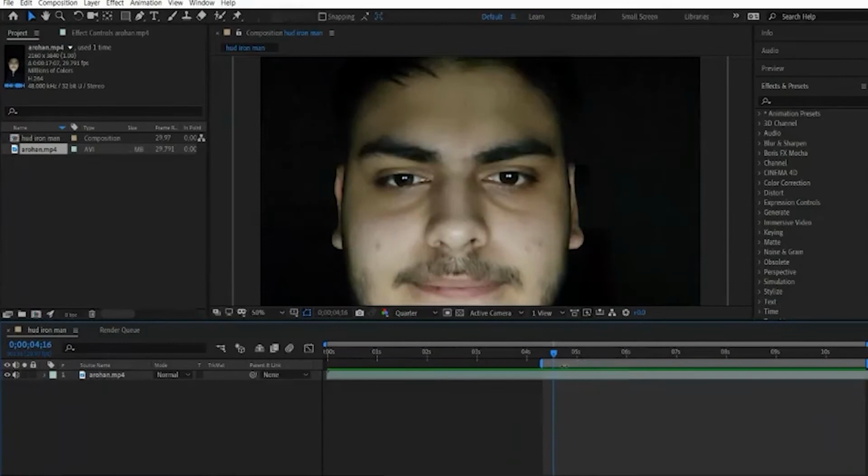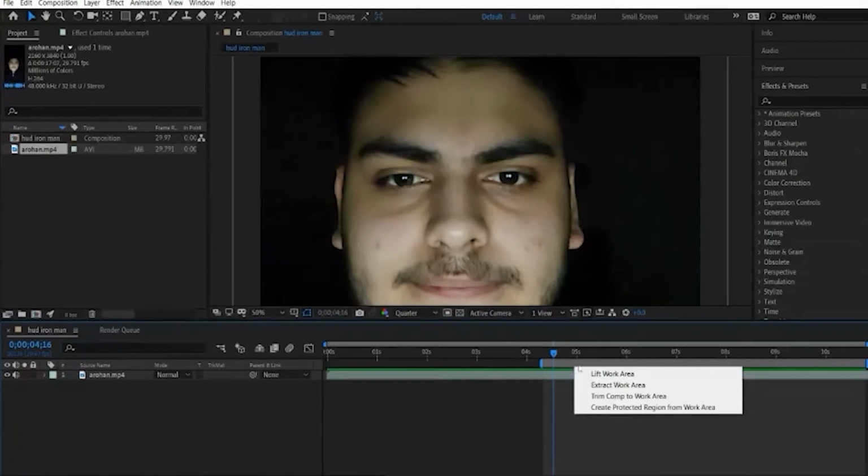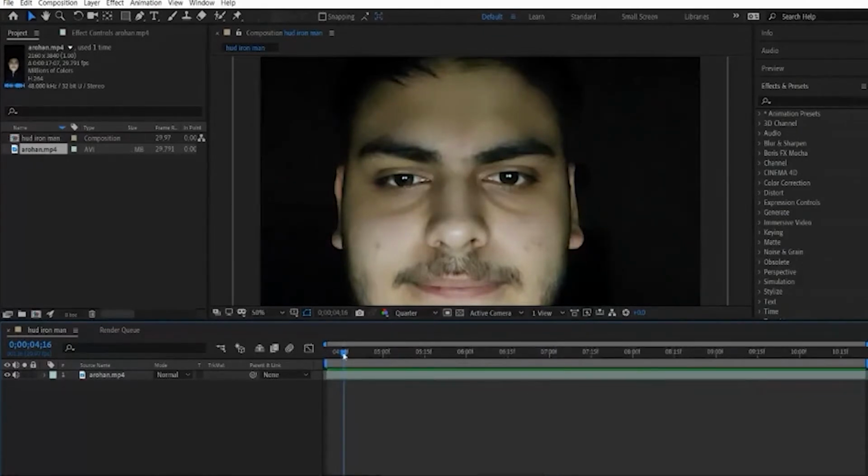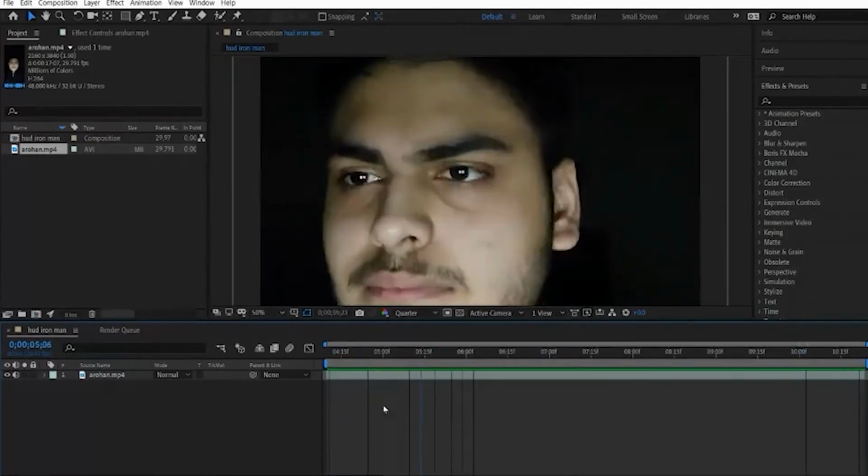So after you have placed the marker at the correct position, you just need to right click and press trim, come to work area, trim composition to work area. Then only the part that you have selected will be shown in the timeline. See,